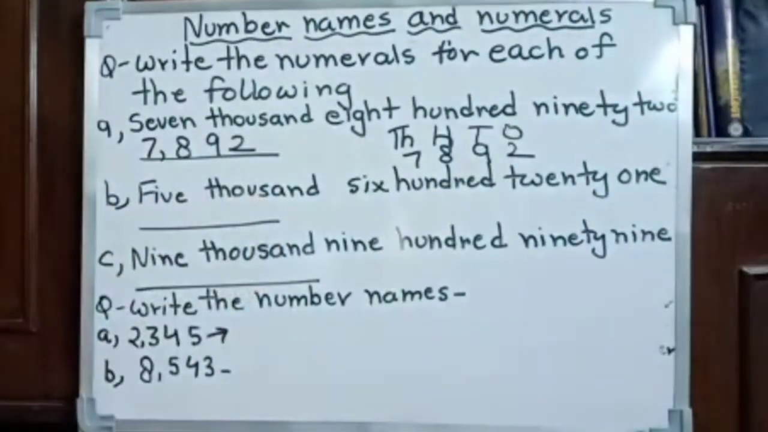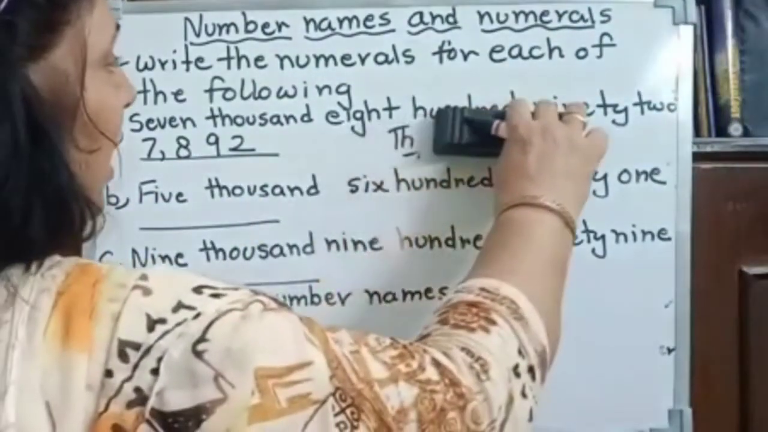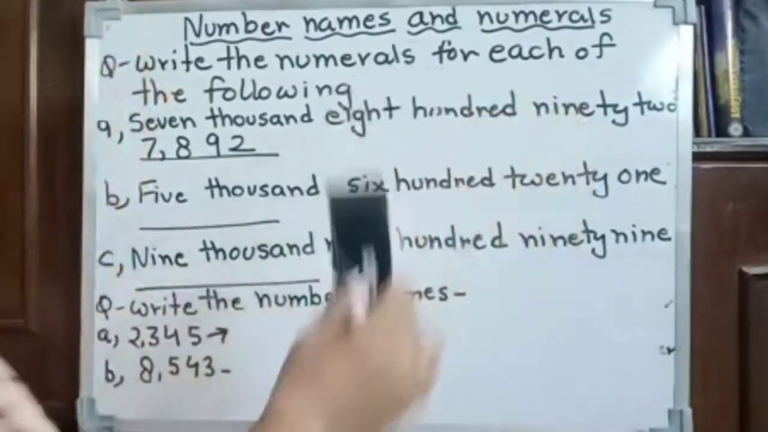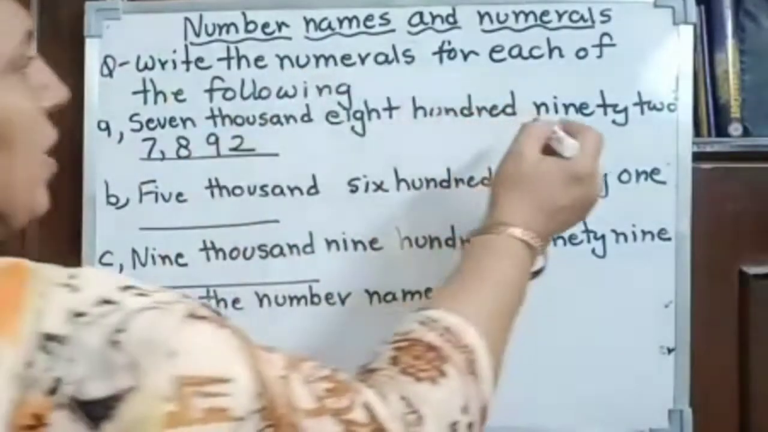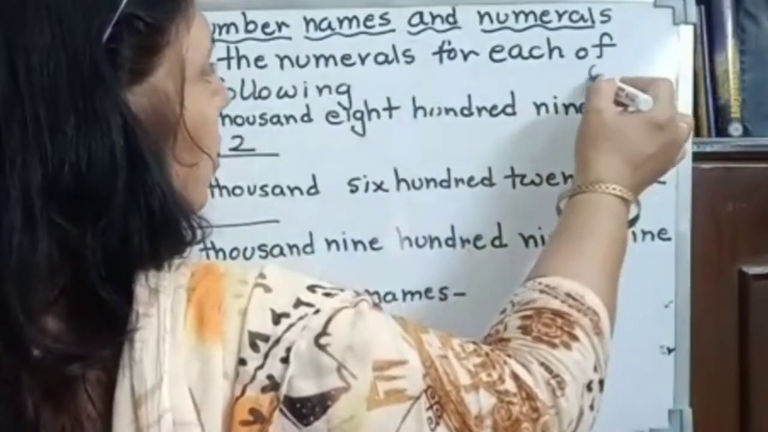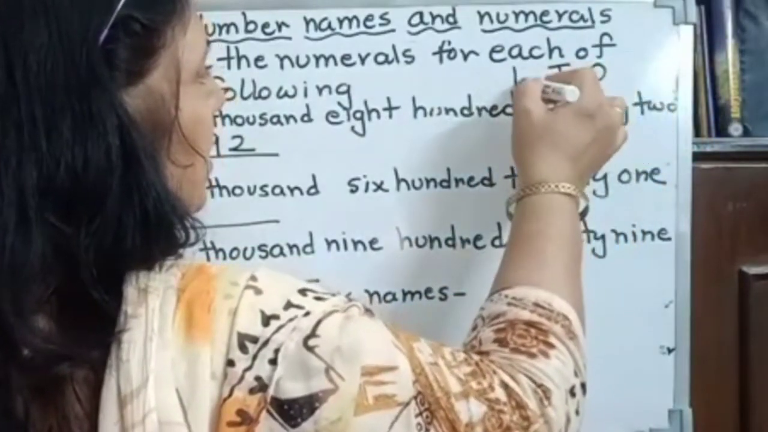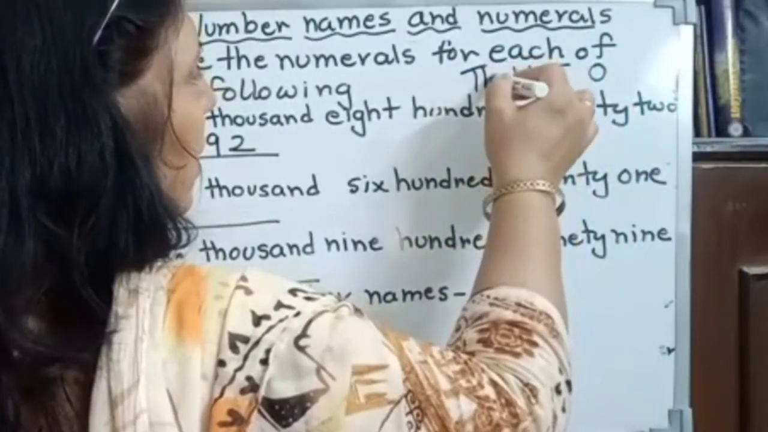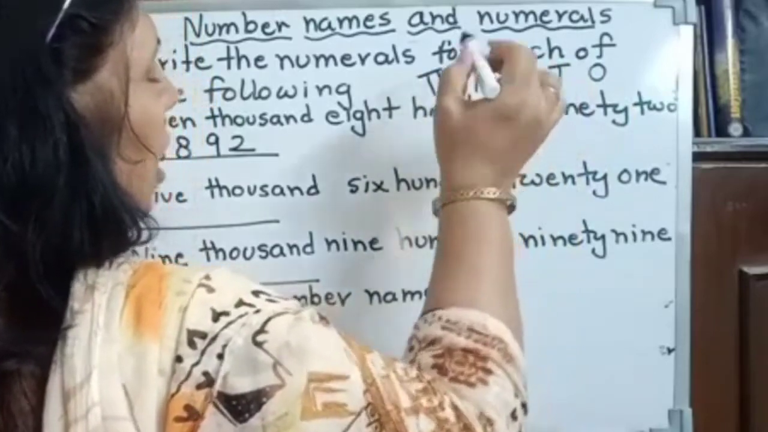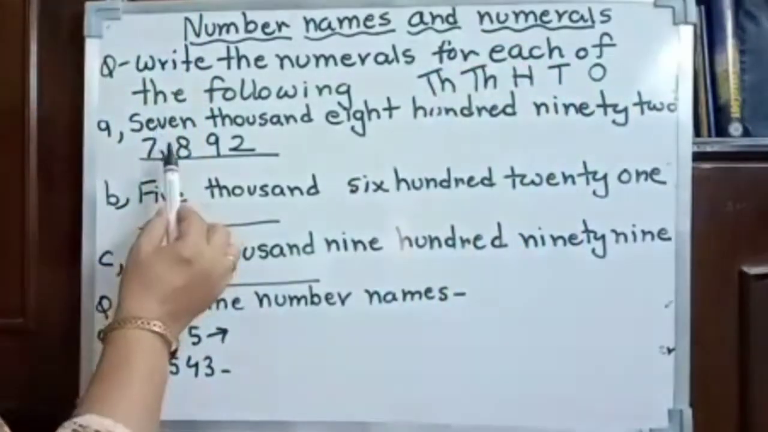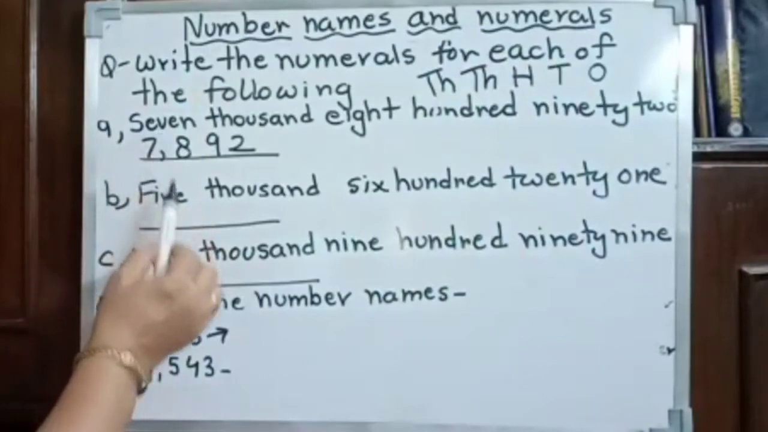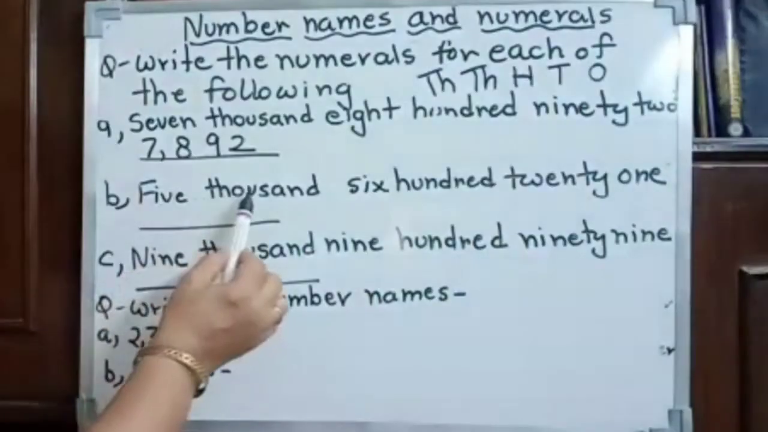7892. You all know the chart, the Indian number system chart. Ones, tens, 100, 1000, 10,000. So according to that you have to fill the number. Next number is